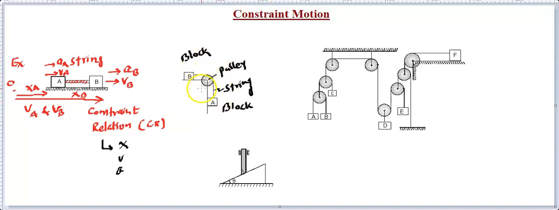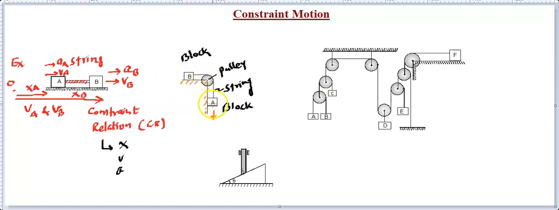And now again, if you release the system, and this is something called a fixed base, and the pulley is allowed to rotate. So if A goes down, then we can think of B has to move. It's not like if A starts moving and B says no, I'm not going to move at all. That will not be the case, because they are connected.